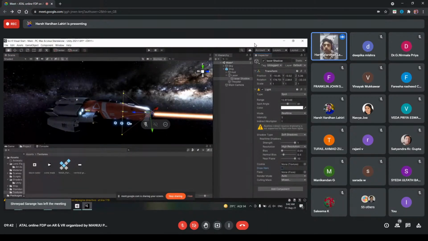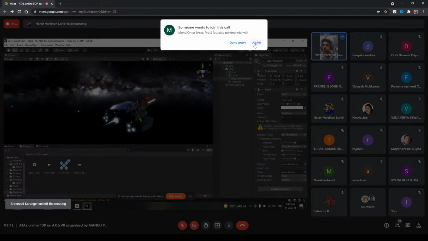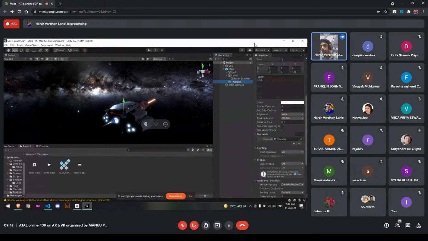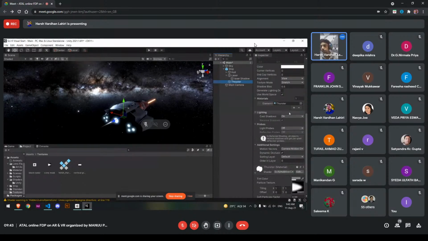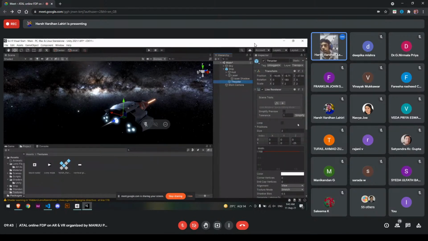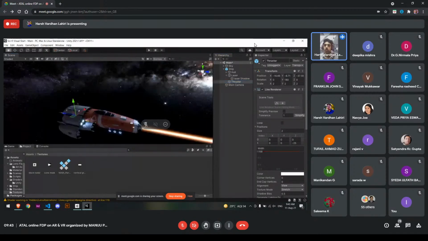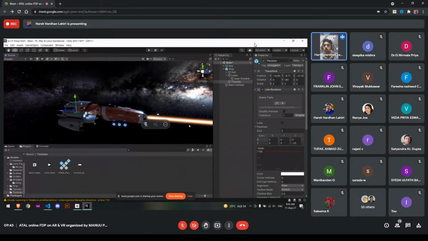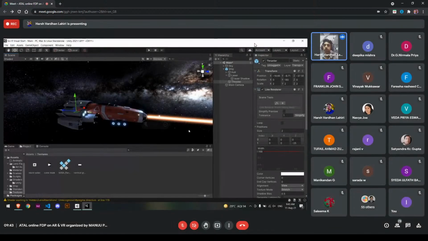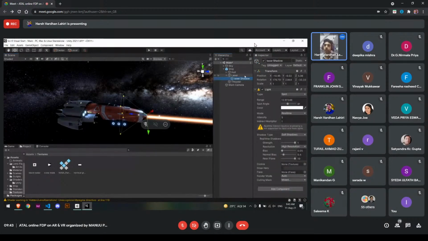But apart from that, let's try to create the thruster much more effective if we can. Let's see if we can add more vertices into this. Awesome. So it sounds interesting right now. So let's try to do something with scripting. Let's see if we can blink this laser, and